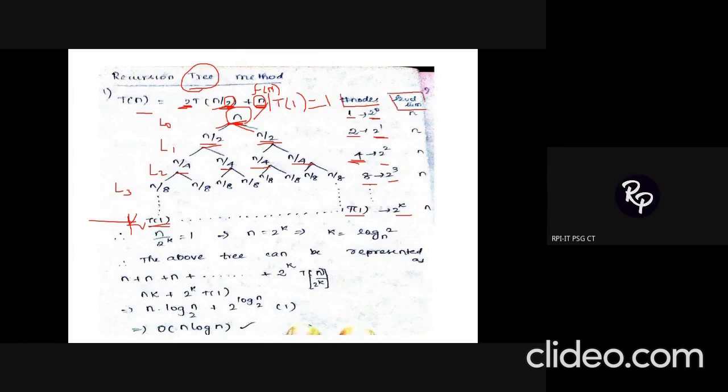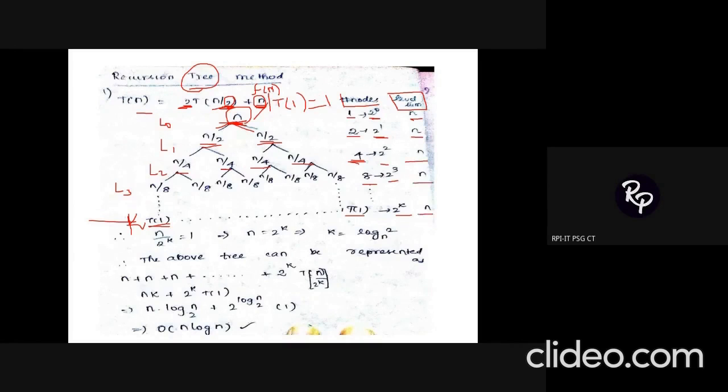Once you have calculated the number of nodes, the next thing you need to calculate is the level sum. Similar to your number of nodes calculation, calculate the sum of the node values in each level. In the first level, I have only one node, so obviously the sum value will be equal to the node value. So my level sum is going to be n. In the second level, I have n by 2 and n by 2, so n by 2 plus n by 2 becomes 2n by 2, which simplifies to n. In the next level, I have n by 4 four times, so this becomes 4n by 4, which again is n. So this is going to be n for all the levels.